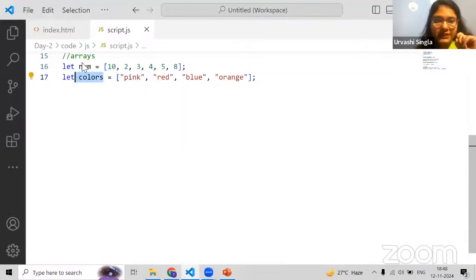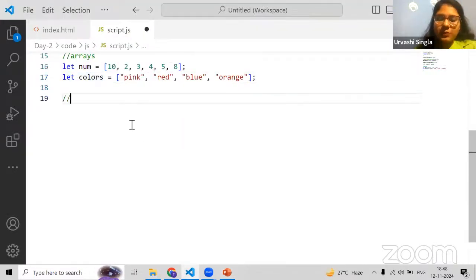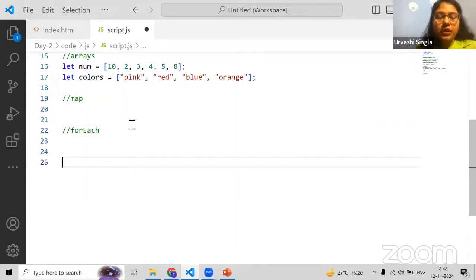Okay. All right. Let's see these methods. So let's start with map. And today you will get to know a very important part, difference